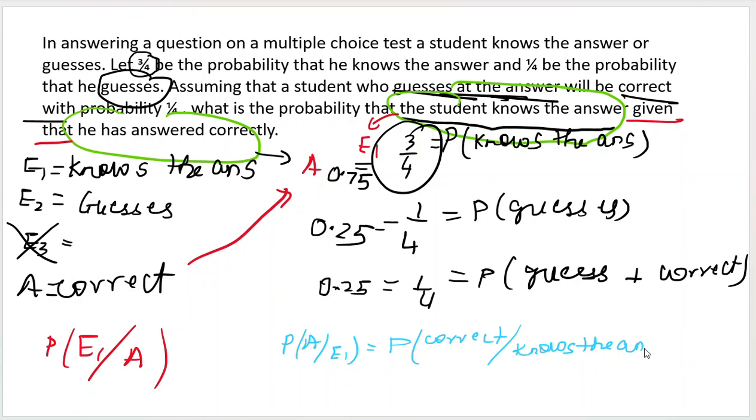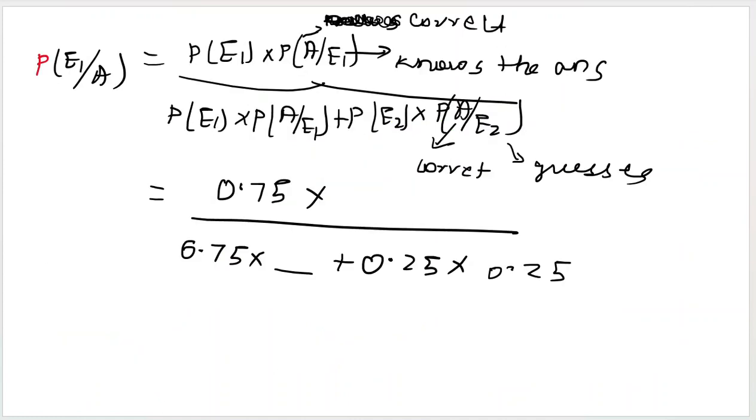The value of this probability is always 1, for a simple reason: when you know an answer, it is 100% sure that you are going to answer it correctly. So the probability that you answer correctly, given that you know the answer, is always 1. Therefore, P of A by E1 is 1, and we get the answer as